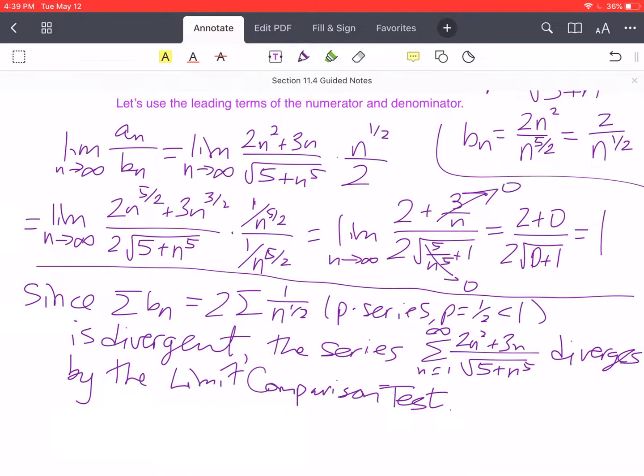All right. And that's our last example for section 11.4. So when we come back next time, we're just going to keep continuing on talking about these infinite series and how we can test them for convergence and